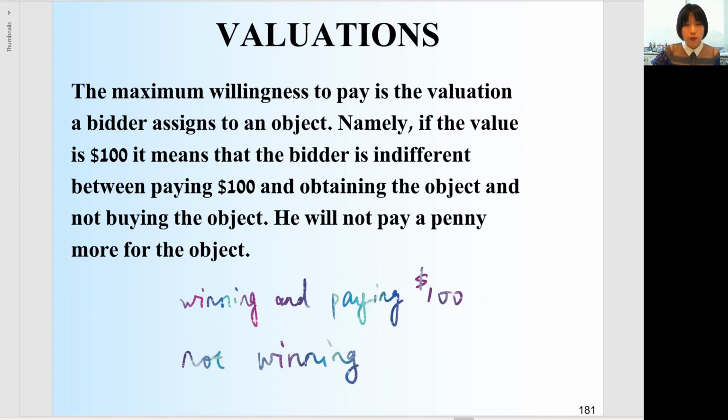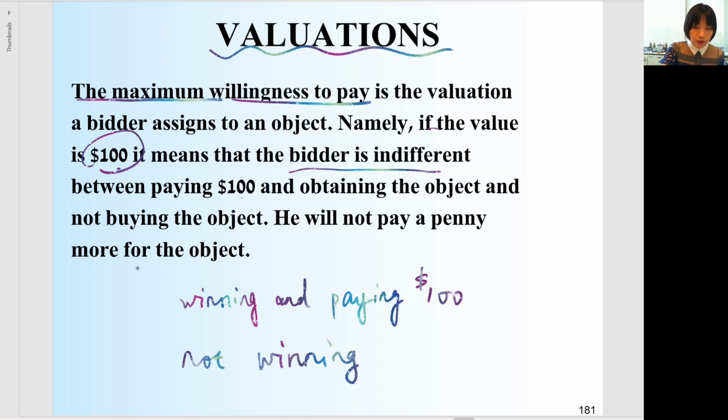Starting from here, we begin to define some terminologies. What is a valuation? Valuation is the maximum willingness to pay for an item. For example, the value is $100. If the bidder is indifferent with paying $100 and obtaining the object and not buying the object at all.